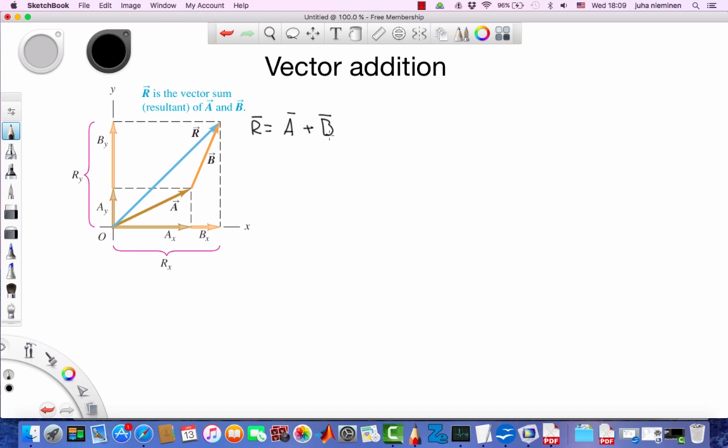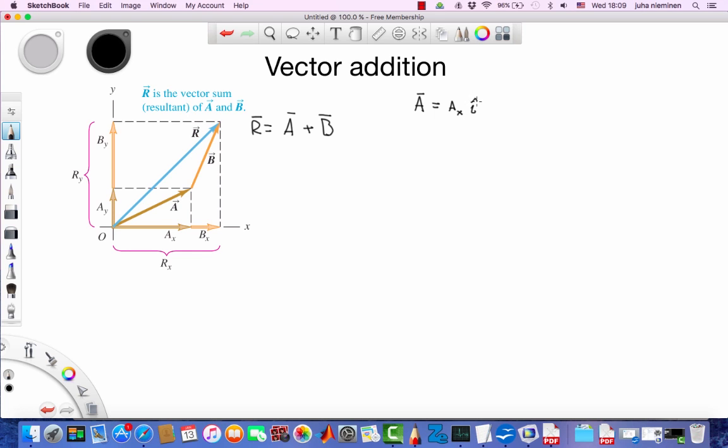So that we would be able to do that, the vectors have to be expressed in some kind of reference frame, and usually it is the x and y or xyz coordinate system, like in this case. And how do we express our vector A? It's always written in its components in this frame. So for example, vector A has length ax in the x direction,